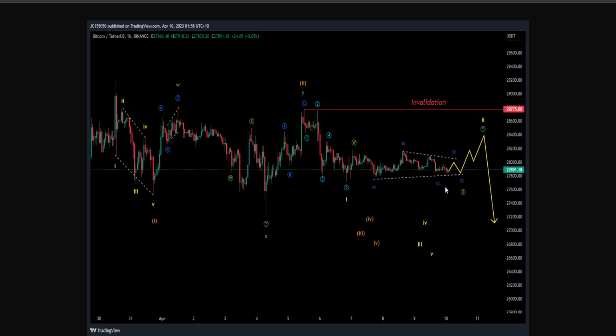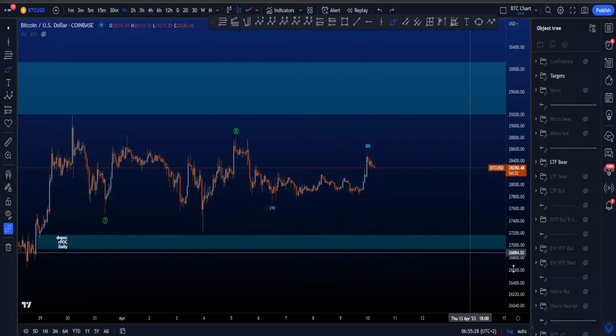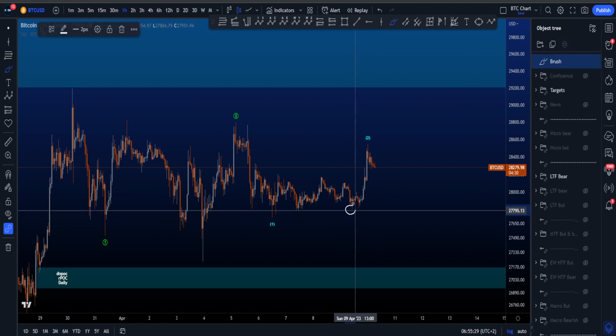Now the triangle didn't really work out as drawn over here, but we did find a move to the upside. The main reason is that if this is W, then we have A, B, C. But in this scenario, the C actually was the low, and now we moved up. So D and E were never really there. As you can see, this was then the wave C, and then we have D, E, and then a move